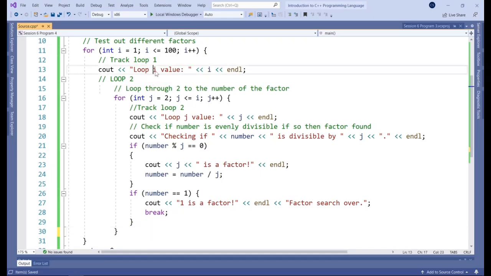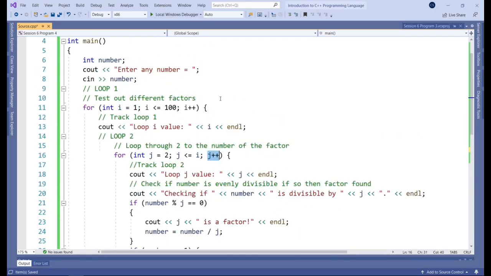And this i value is getting passed on. So we've defined this loop as having the j variable starting at 2 to track it, okay? And it will continue looping as long as j is lower or equal to i, so the factor that we're looking at. And then after each loop, j will be incremented.